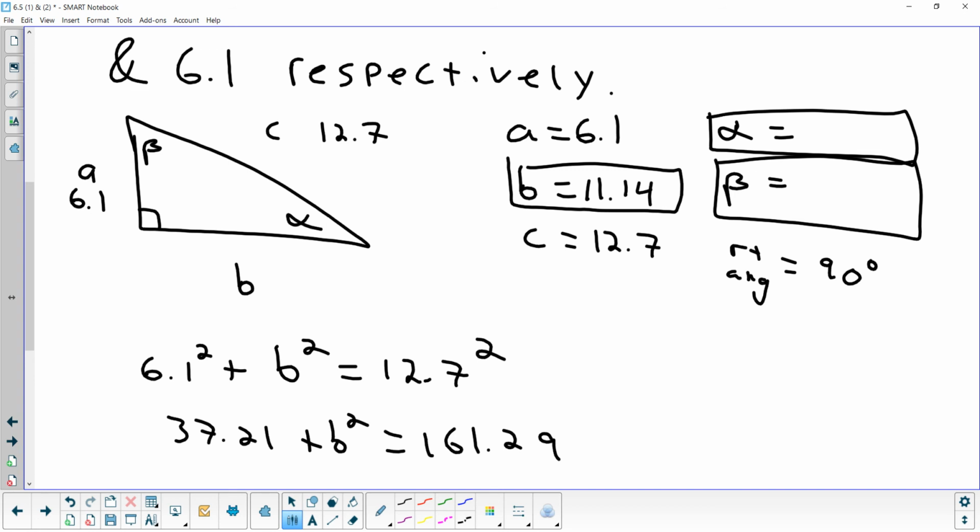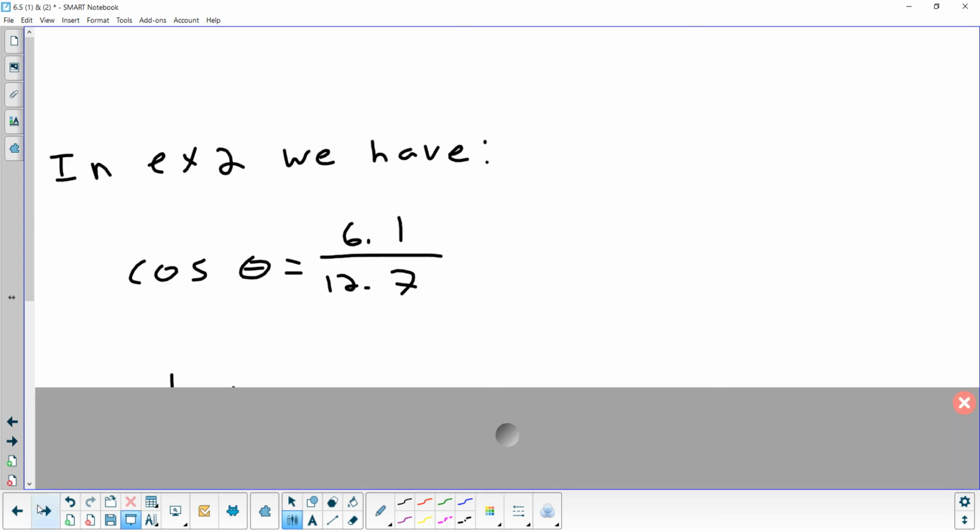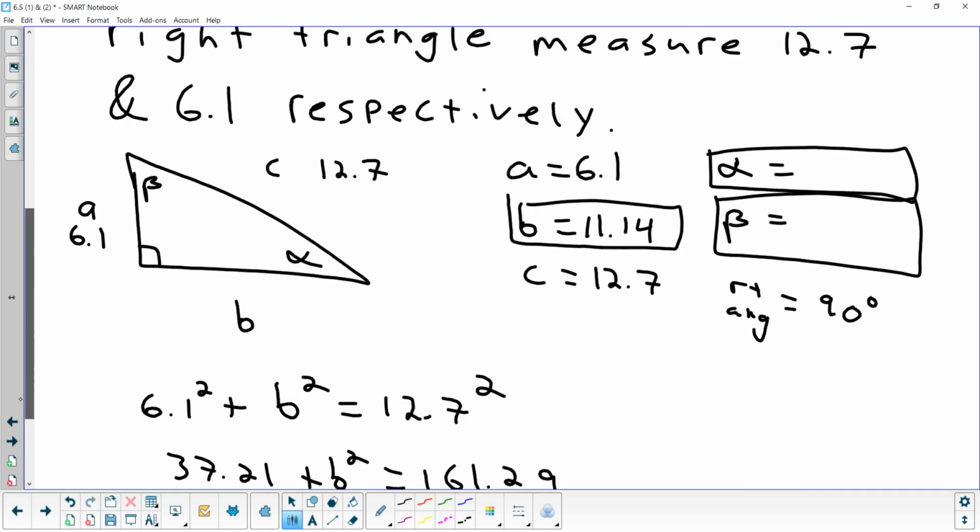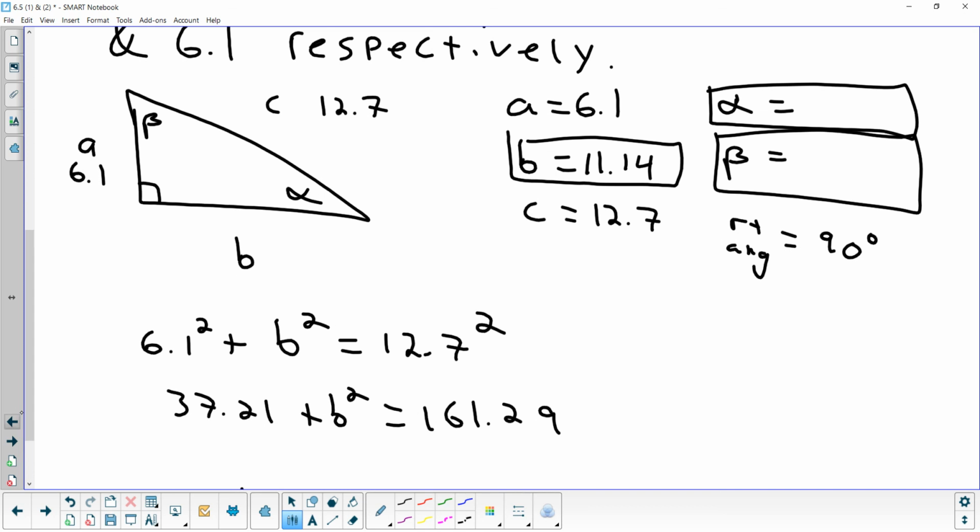Now, we can choose what side we want to find, what angle we want to find. So, let's find, let's see. Let's find alpha. Okay, just because it's alphabetical, it's first. But let's do that one. That was given, and that was given, and that's what I want to find. So everything is from the perspective of alpha